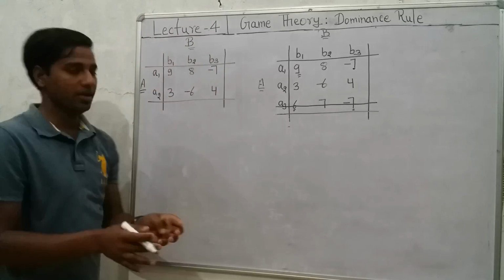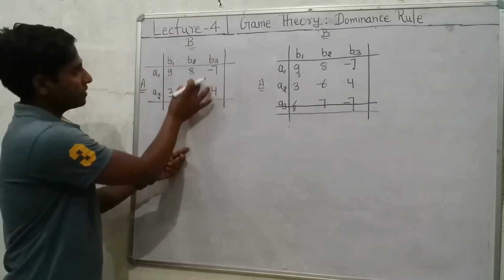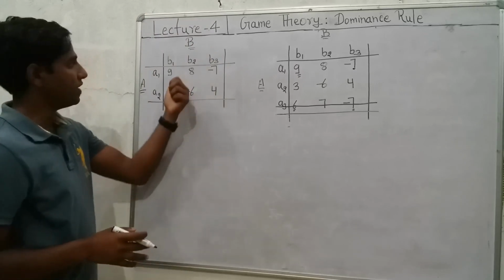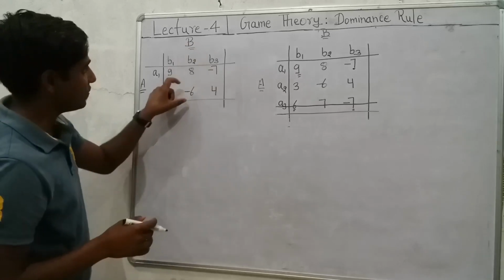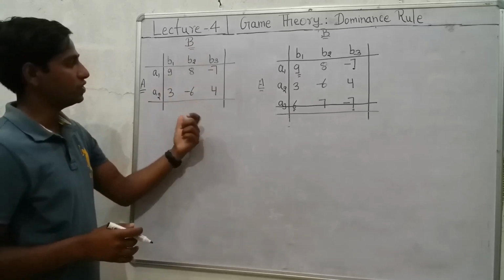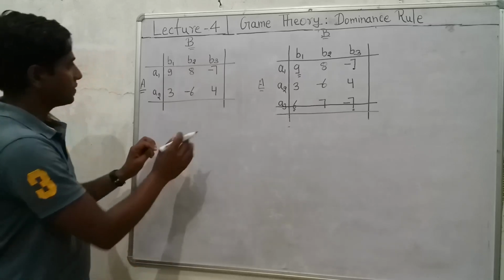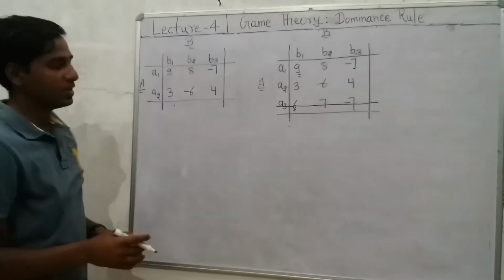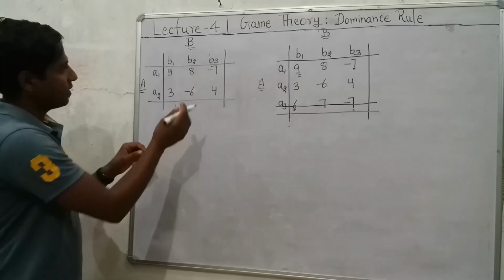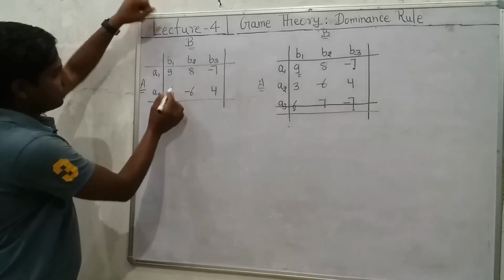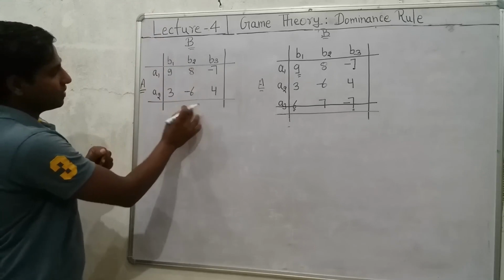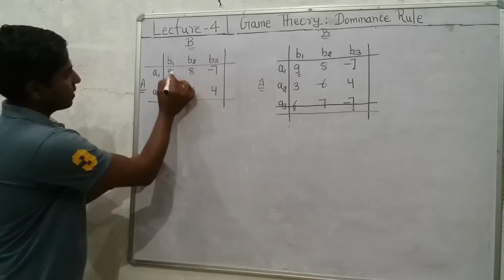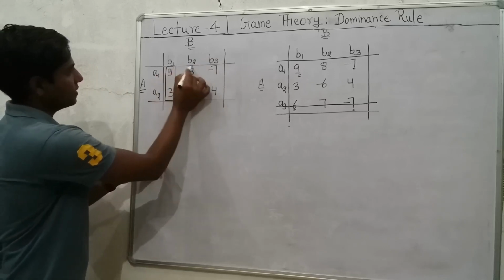Now look carefully and remember that when we are talking about B, the positive values would be of lesser importance, because positive values mean the loss of B, and the negative values would show the profit of company B. So now look at columns first, second and third. After looking carefully, we found that the elements of the first column are dominated by the elements of the second column. It means if we talk about this column and this column,